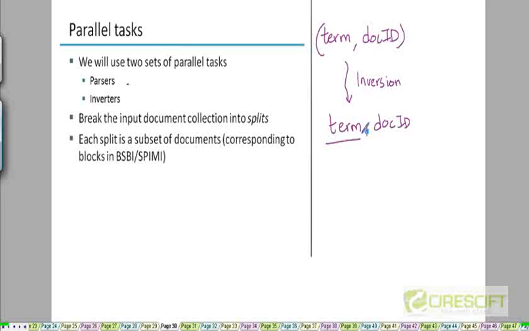Okay, so for each term, what is the list of doc IDs corresponding to the documents in which that term appears? That's what we have to transform this to. So initially it's sorted by doc ID. Finally, we need it to be sorted by term. So this is the task of inversion, and that is why the index that is built is called an inverted